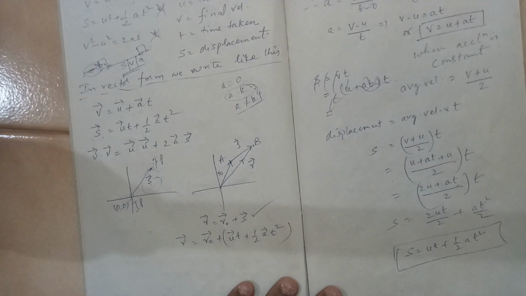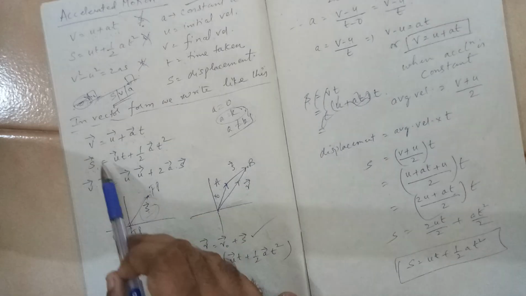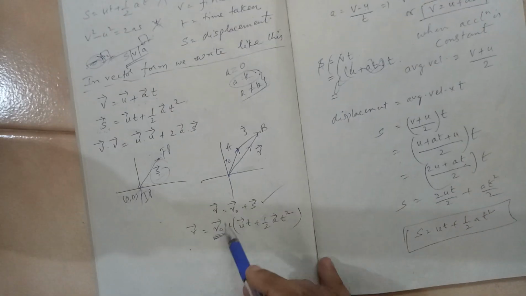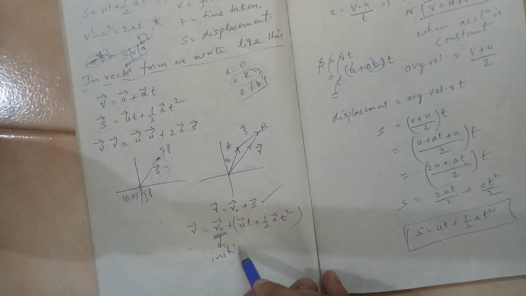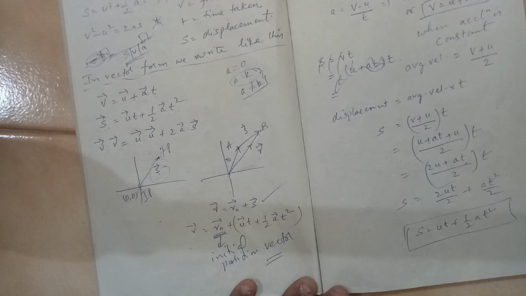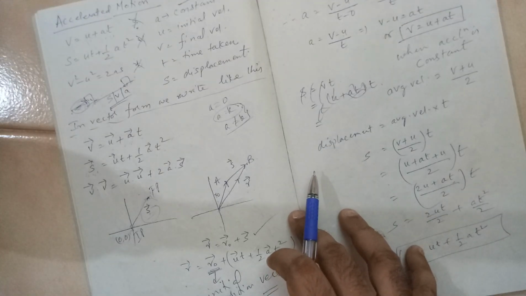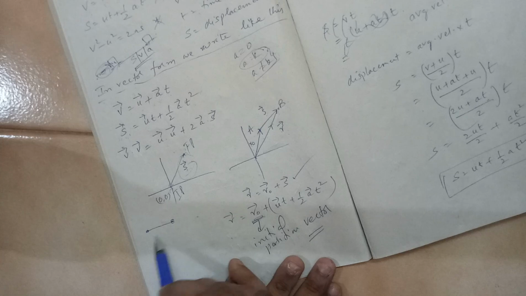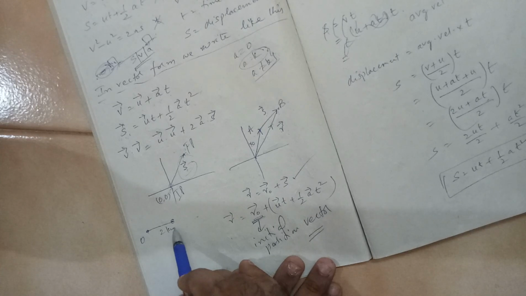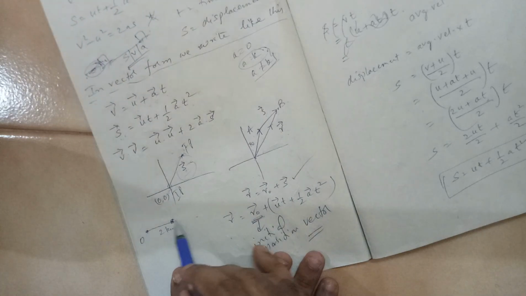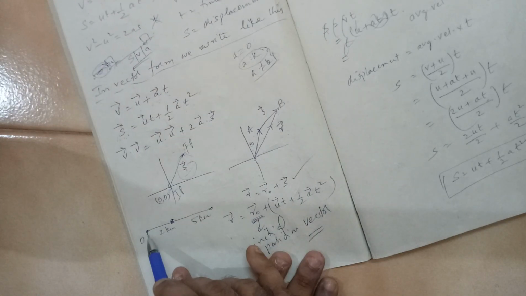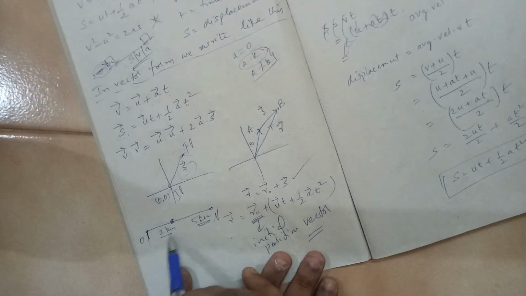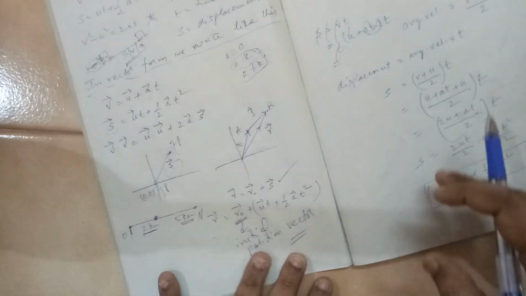Then the same formula becomes r vector is equal to r0 vector plus s vector. You just have to add the initial position vector to this s vector. It's a very important point. Initial position vector you have to add. It is like, in a simple example, a car starts from the origin point and travels 2 kilometers, and from there it goes another 5 kilometers. So with respect to the origin, how much it has traveled means 5 plus 2.